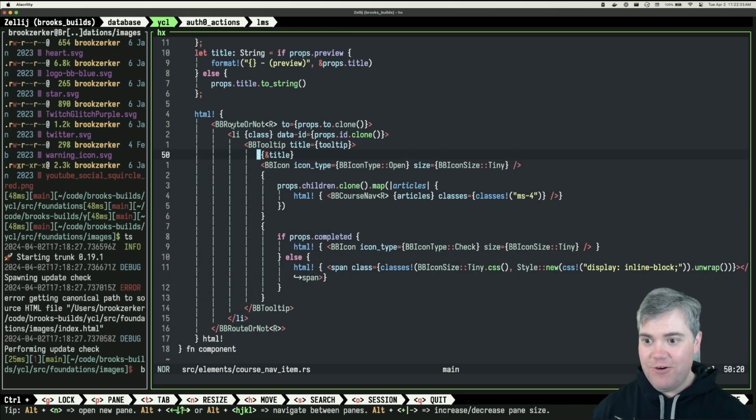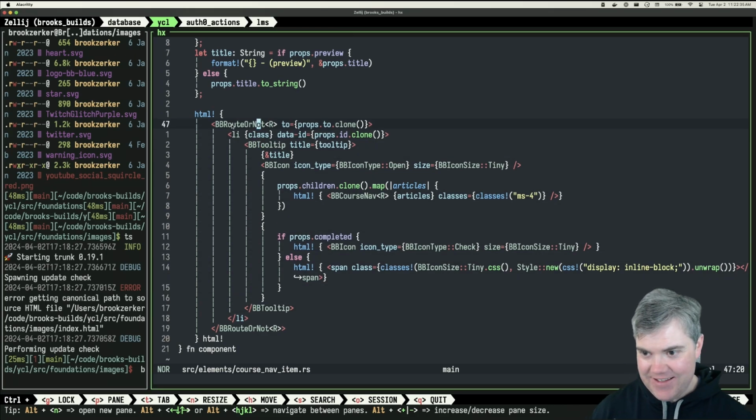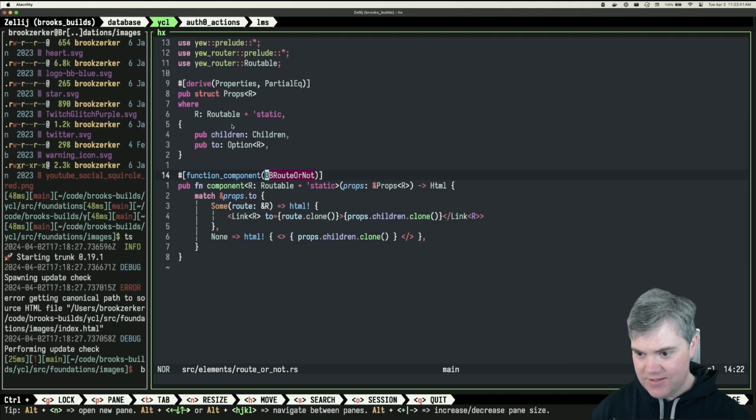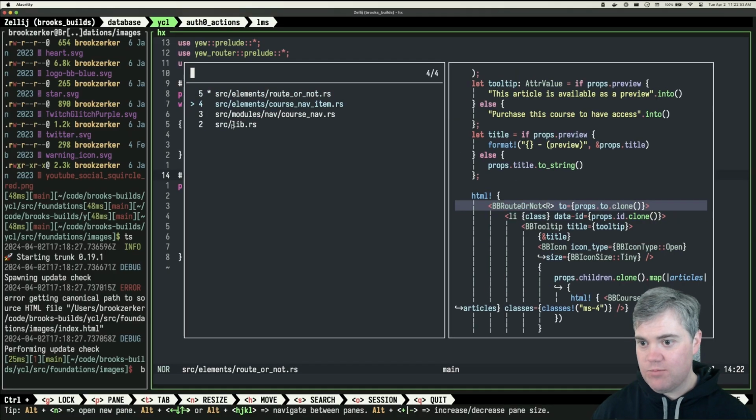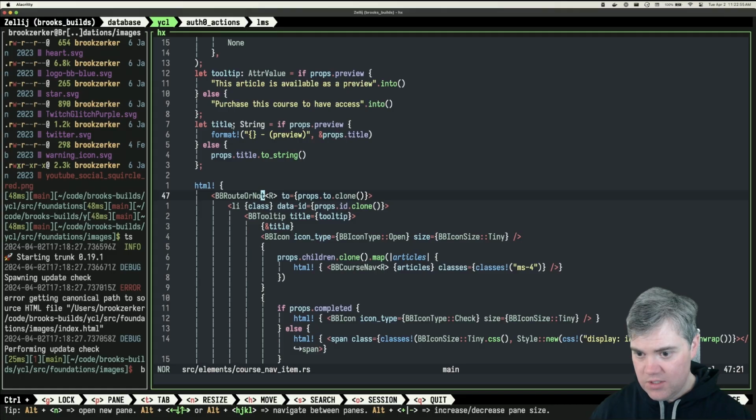Okay, so I have this router not, which is fun. How does router not work? Oh, because if I have a sum route, props 2... Oh, because props 2 to props 2 clone. Okay, so